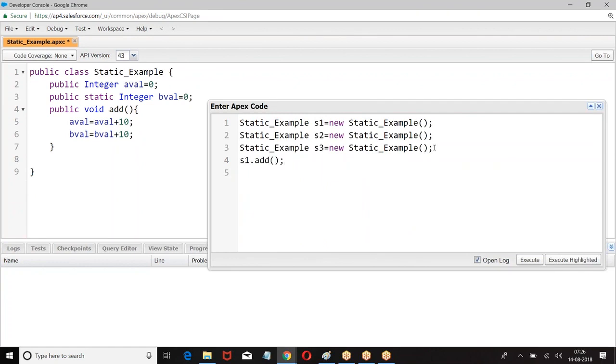When I say s1 dot add, what does it mean? Use the data from object s1 and run the method called add. While executing the add operation, if you require any data, take the data from s1. Right, boss? Then when I go for this, system dot debug,